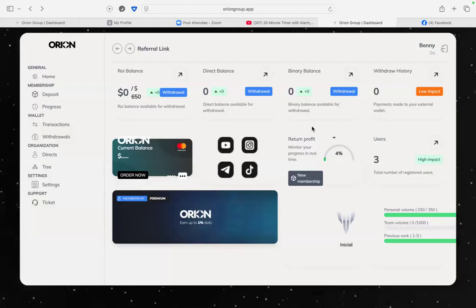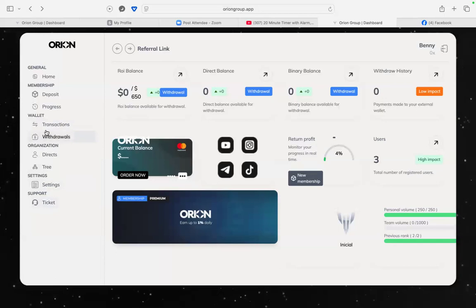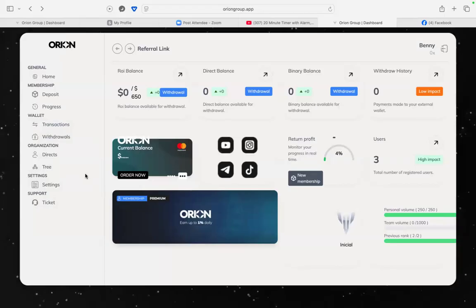No, in 3 months, most times your 10,000 as a premium member is back. That's what usually happens. So, now that we have seen the settings, we have seen the tickets, the withdrawals, we have seen, but then the few things which I will need to get clarity on is